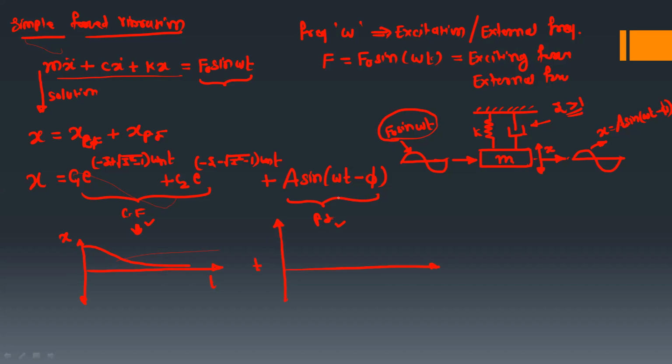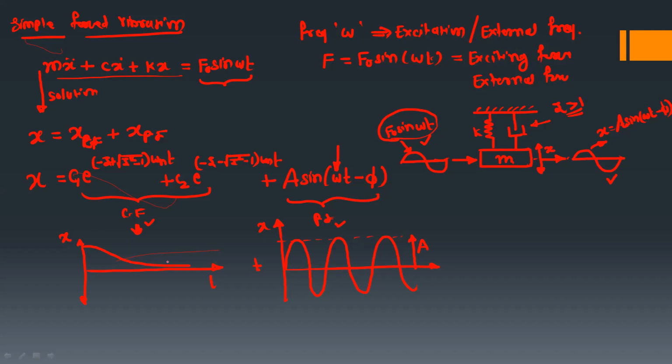So it is a pure sine wave, just with a phase lag of phi with respect to the force value. Okay. So its nature will be simple harmonic, and this maximum value is nothing but the capital A. This is called the amplitude of the forced vibration. Okay. And it will have some time period. So this waveform will oscillate with the frequency of excitation. Okay. That means the exciting force and the displacement both will have the same frequency, which is omega.